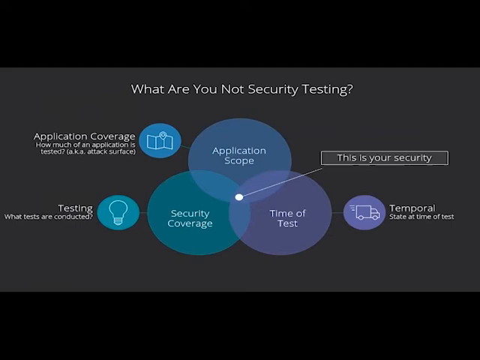We also then have time of test, or temporal aspects. And this simply means when was the test applied? What changes have been applied since that test was done? The industry average for a piece of code being written to it having some sort of security test is 6 months, according to industry resources. This means other functional aspects were put into your application which haven't been security tested. And if you combine the security coverage, the application scope, and the time of test, you can see how the actual scope of security that has been tested, and that becomes part of your considered issues or security scope, which you then try to fix, can reduce and reduce over time.